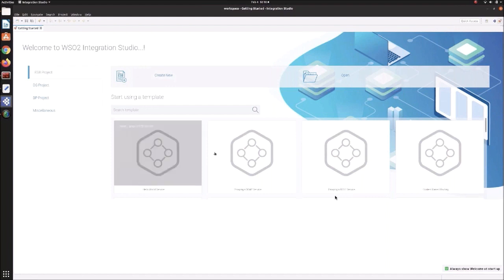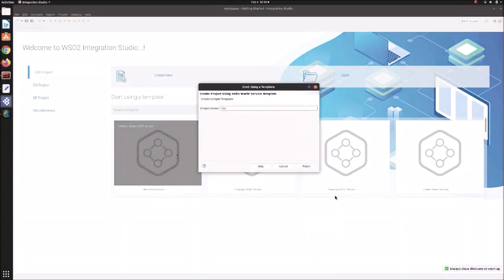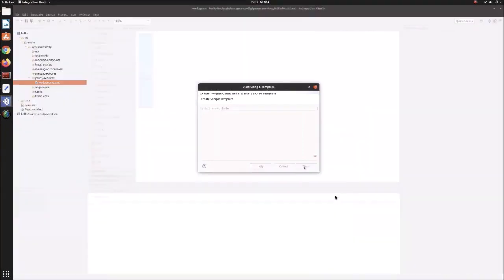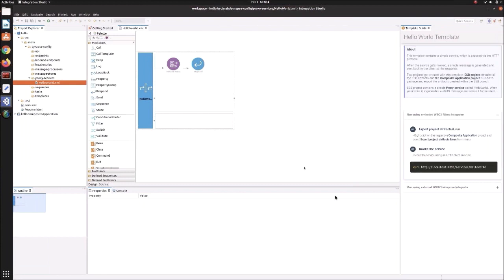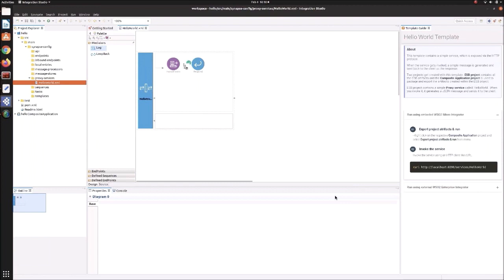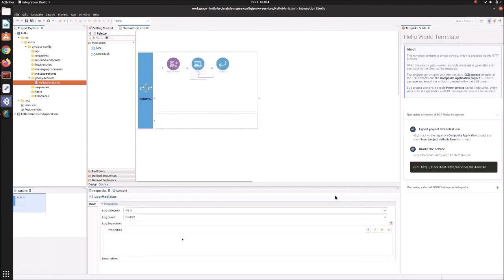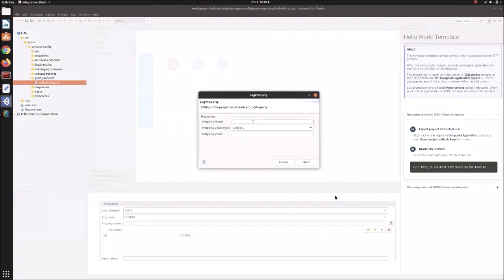So let's take our sample template, Hello World. We can click Hello Project using our template. So here in Integration Studio, we get a list of mediators where we can simply drag and drop and create our own integration solution. So let's add a custom log to our Hello World. We are using the log mediator. We can simply drag and drop it onto the design view, and let's add a property, like a custom property